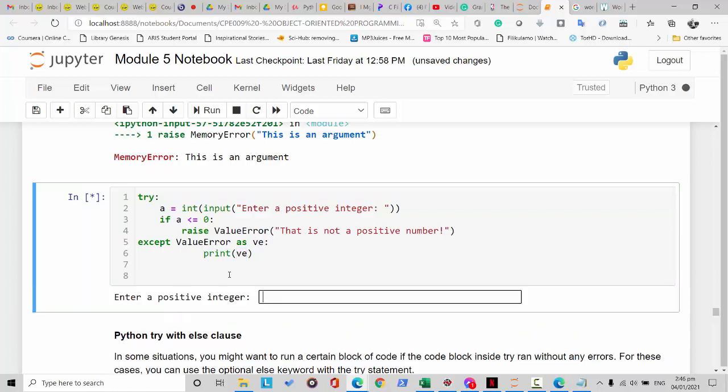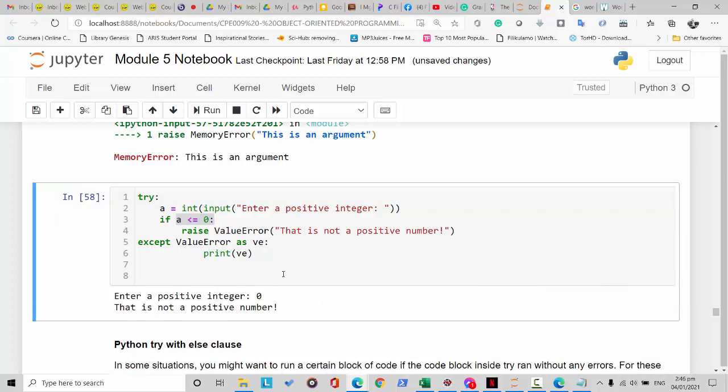So when we try to run this one, for example, if A is less than or equal to 0, so let's say equal na lang sa 0, so let's put a 0 here, so it will tell us that that is not a positive number. So that is the value error. That is not a positive error. Okay,